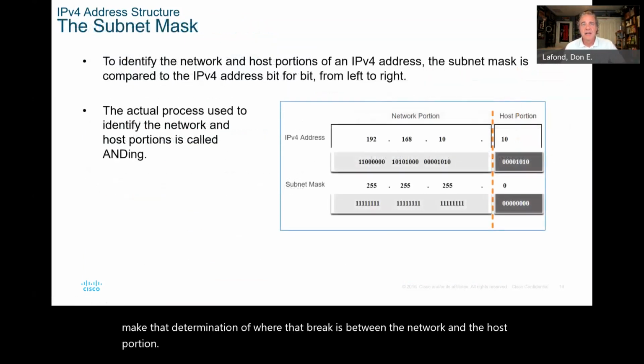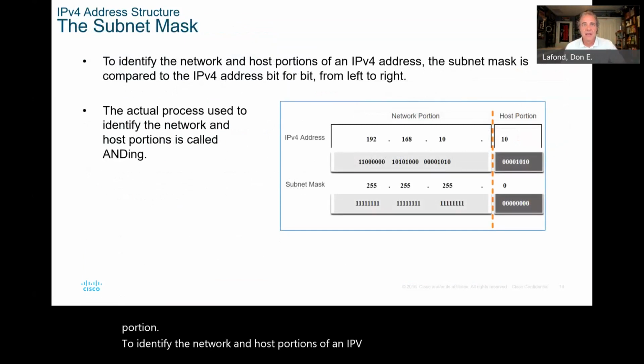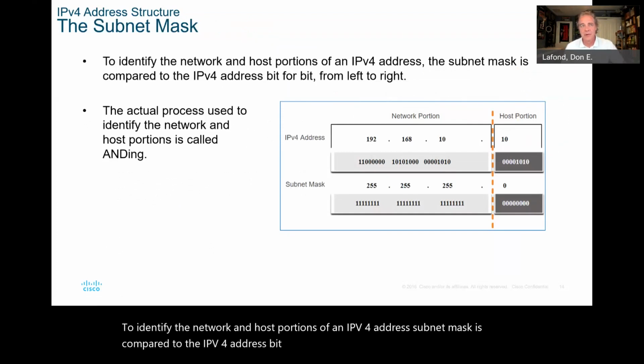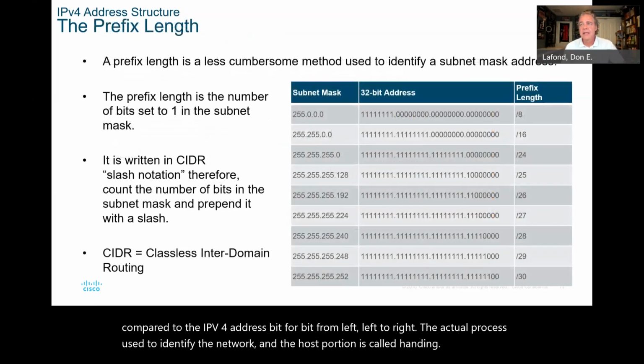To identify the network and host portions of an IPv4 address, the subnet mask is compared to the IPv4 address bit for bit from left to right. The actual process used to identify the network and the host portion is called ANDing. Now, what ANDing does,